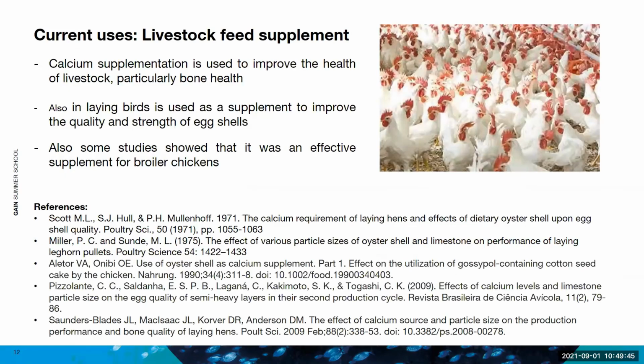Going into the current uses today, livestock feed production is one of the most important ones. Calcium supplementation is the key point, because the shells are mainly made of calcium carbonate, and they are normally used to improve the health of the livestock, mainly the bone health. Also in birds, mainly in hens, they are used as a supplement to improve the quality and the